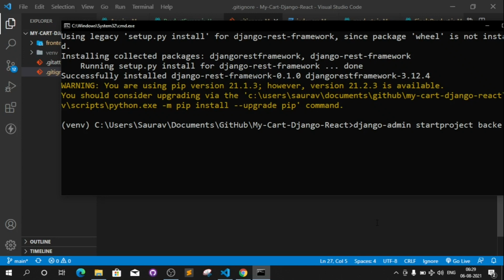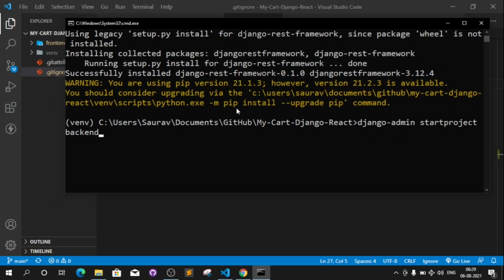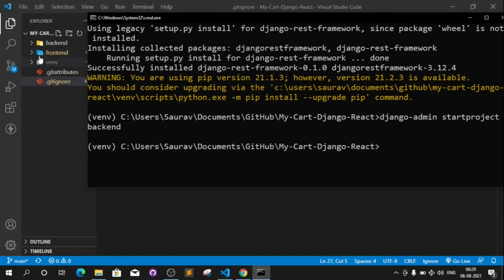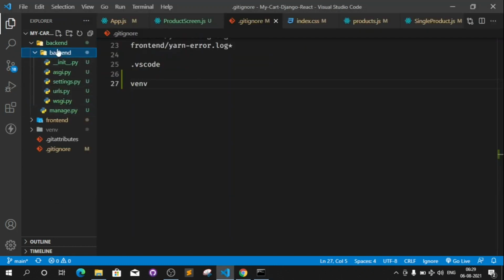So this will create a project called backend in this directory. Now press enter, and you can see the project has been created. It contains manage.py in this home folder, and a backend folder which contains all the required files of Python.